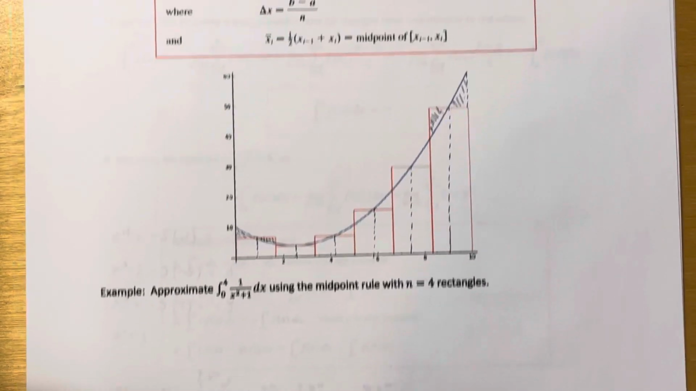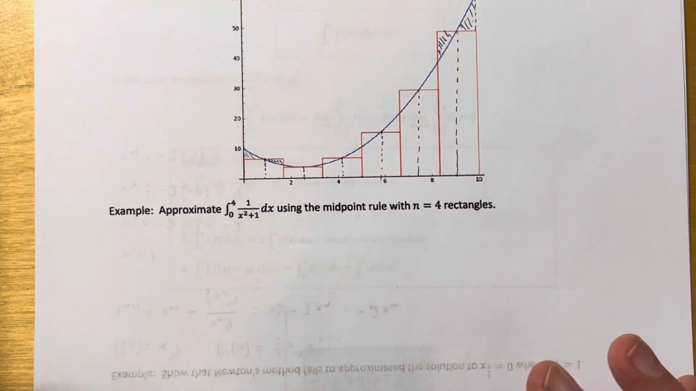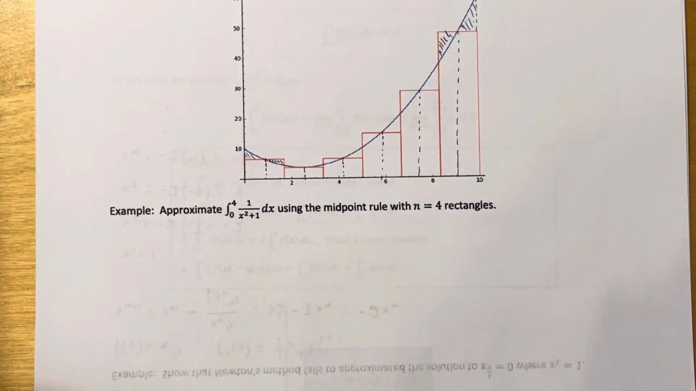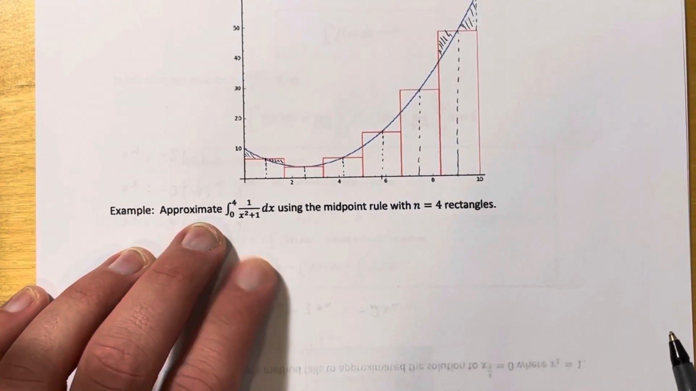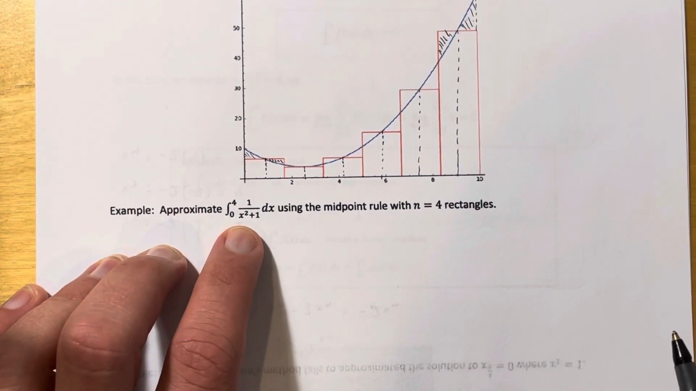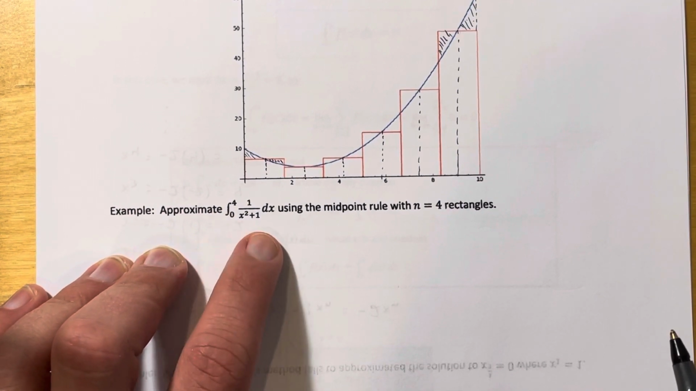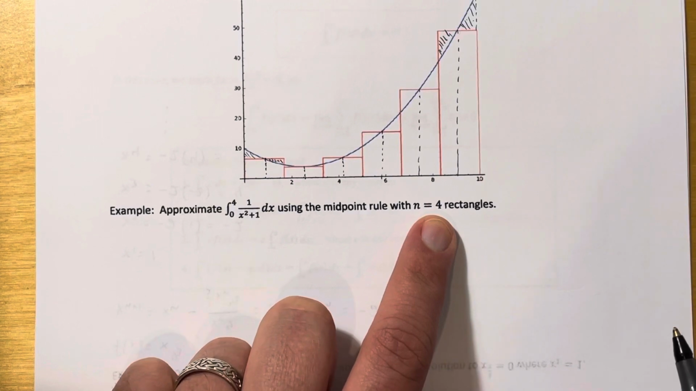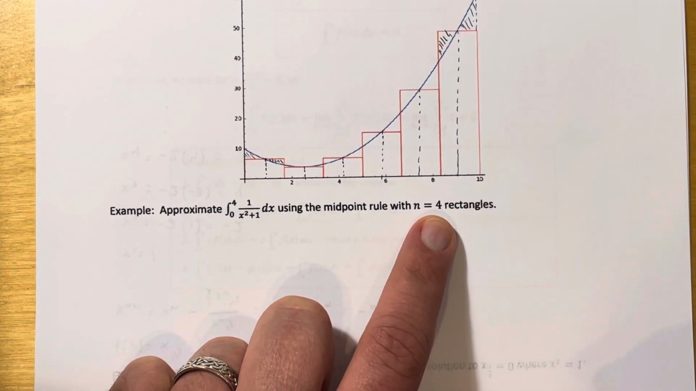So here's an example where we want to use the midpoint rule. We cannot evaluate this integral using the techniques we've talked about. Instead, we're going to approximate. It's the integral from 0 to 4 of 1 over x squared plus 1 dx, and we're using the midpoint rule with n equals 4 rectangles. Okay, so to do this,